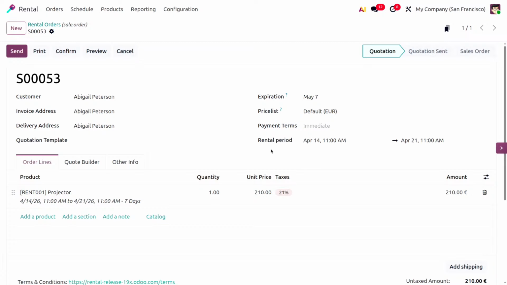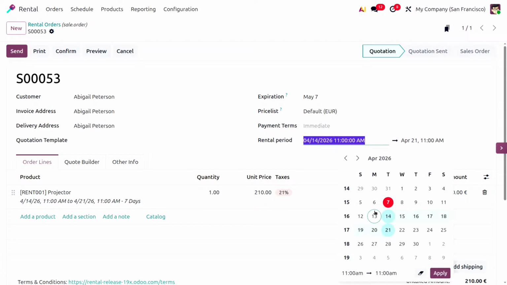So it's not shown here anymore. Before there was a small field showing the rental period, but this will depend on the periodicity of the product. So instead, it's just shown on the rental order line. Here the minimum quantity is 7. But this also means that if I want to have simply 1 day,